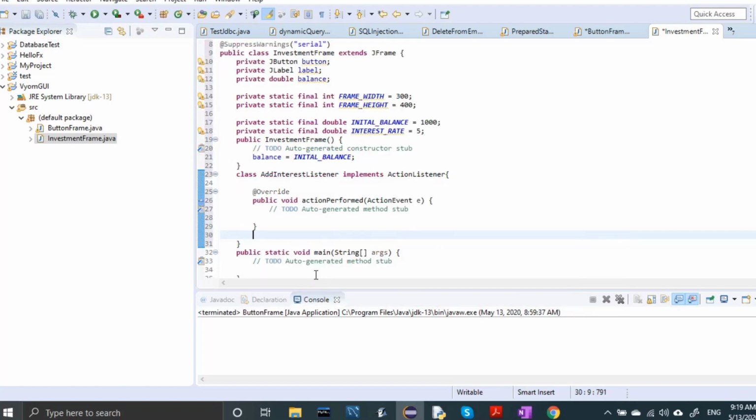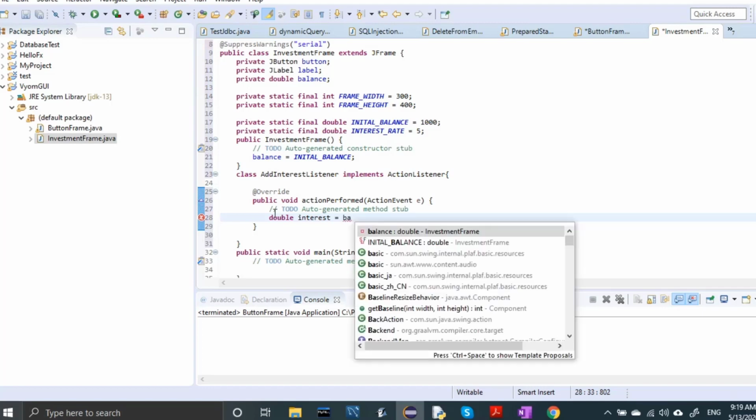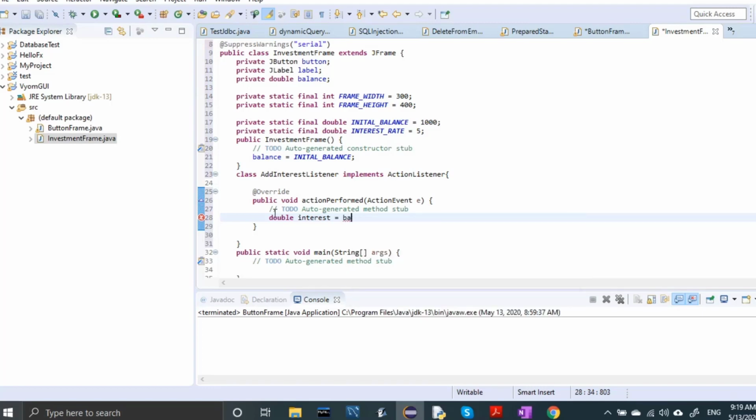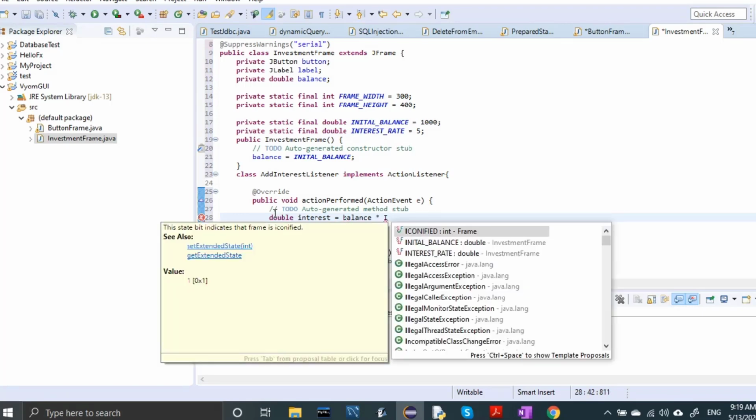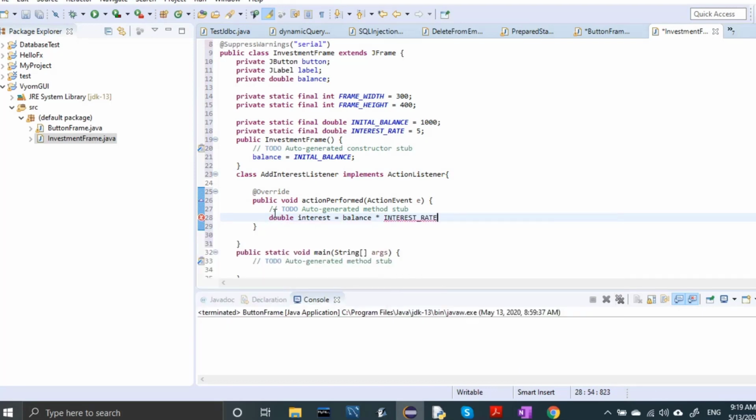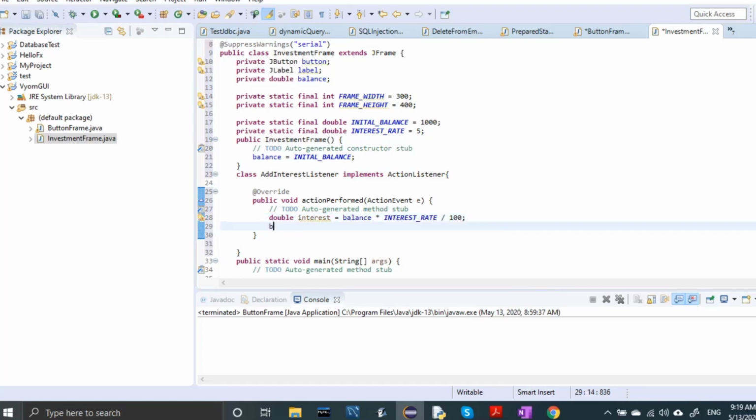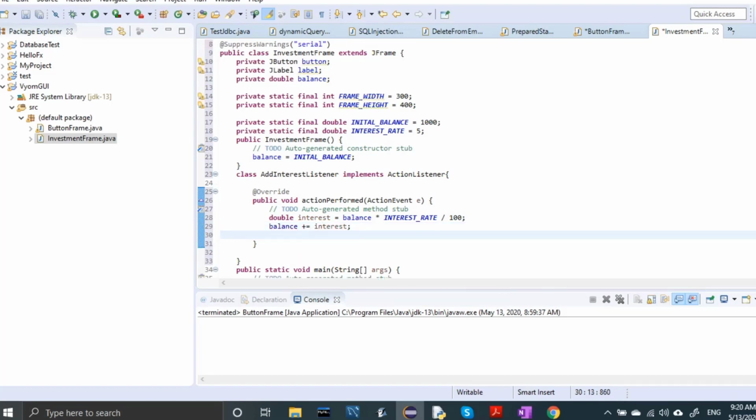You click on this, so it automatically creates the method, and then you write down here double interest is equal to balance multiplied by interest rate divided by 100. So we got the interest, then balance plus equal to interest.